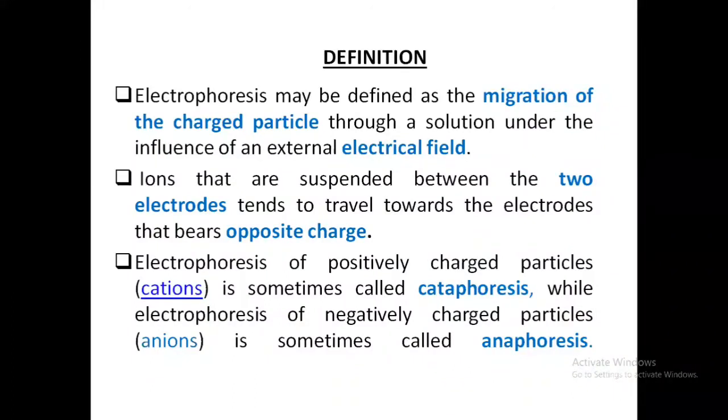Now what I did, I dipped two electrodes in my sample solution. When I apply a potential difference between these two electrodes, what will happen? The migration of charges happens towards opposite electrodes. Positive charge ions move towards the cathode electrode because the cathode has a negative charge. Similarly, negative charge ions move towards the anode, because the anode has a positive charge. Like that, the charged particles move towards the opposite side of your electrodes. So finally, you can achieve the separation.